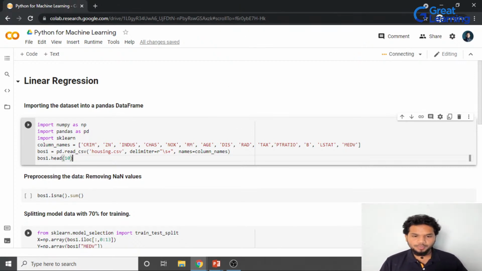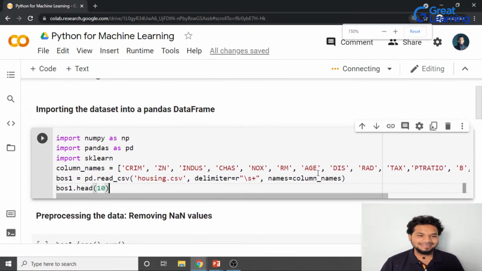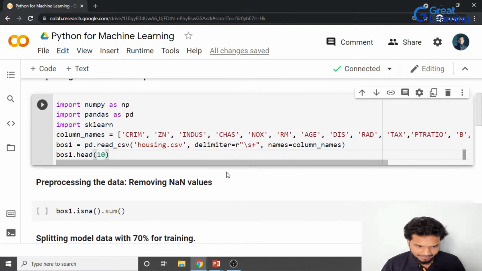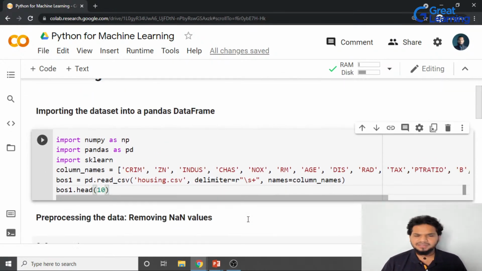Well, let me zoom in so that people who are watching from your mobile phones can also have a complete understanding, right? Of course, we know that a lot of you will be watching this from your mobile phones. So let me zoom in so you can see this better. Now, as I told you, we're going to be using linear regression, but the first thing we need to do